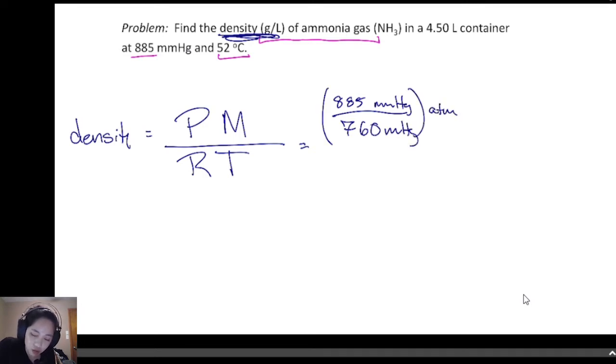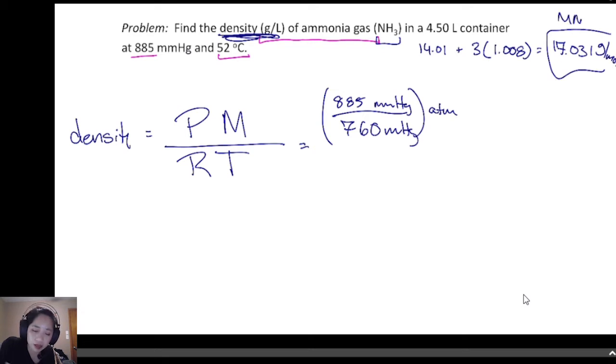It's an ATM. So molar mass, this is of ammonia. So ammonia is what, 14? Yeah, 14.01 plus 3 times 1.008. All right, so the molar mass of ammonia is, I have it here, 17.031 grams per mole is the molar mass of ammonia,